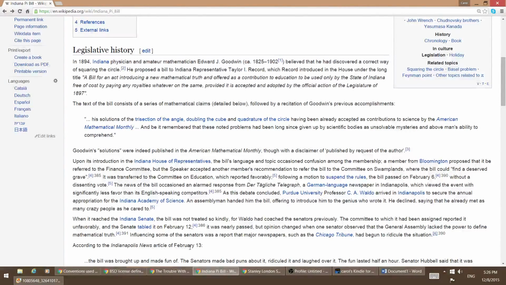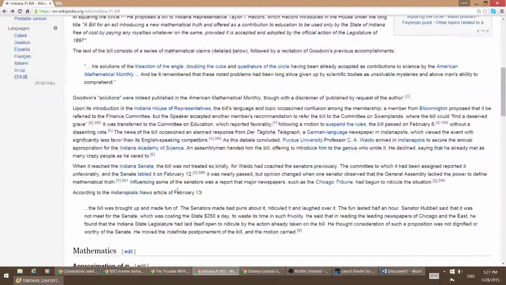According to an Indianapolis News article on February the 13th, the bill was brought up and made fun of. The senators made bad puns about it, ridiculed it, laughed over it. The fun lasted half an hour. Senator Hubble said that it was not meant for the Senate, which was costing the state $250 a day to waste its time in